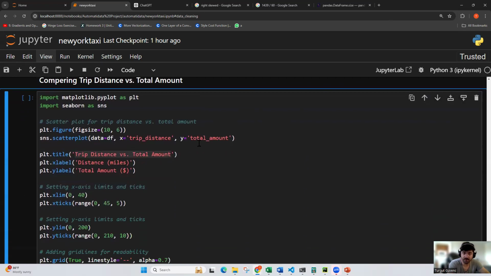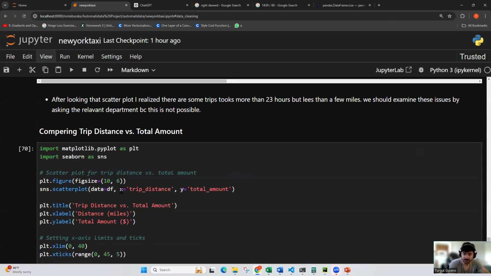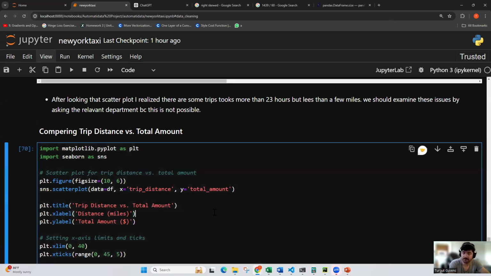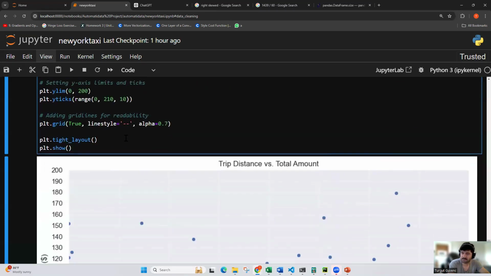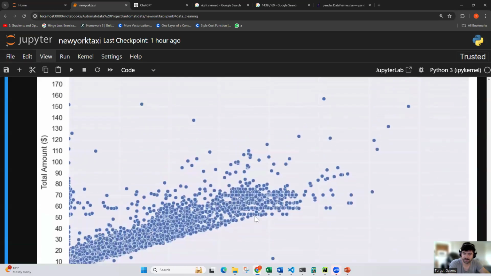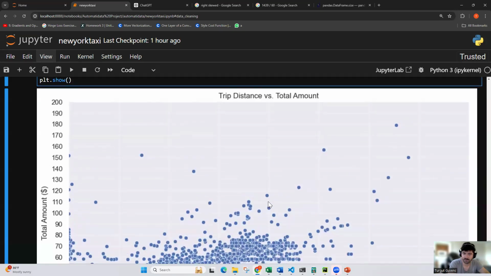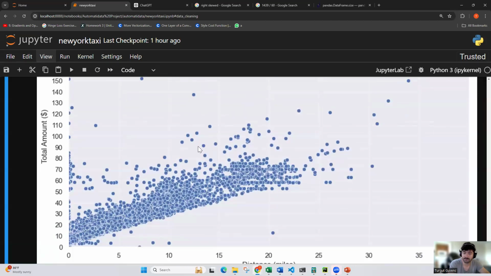Okay, I want to compare the trip distance and the total amount and see how this works. We are using our data set, with X values trip distance and total amounts, and I'm explaining the text values just to see better. As you can see, trip distance increases, and total amounts also increase. But after a point, these areas are really